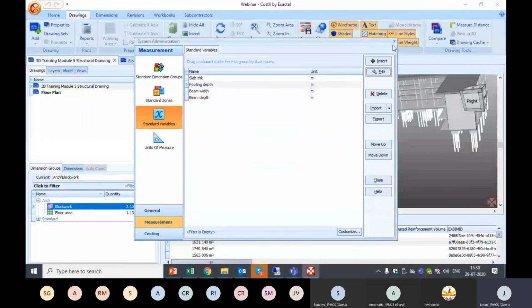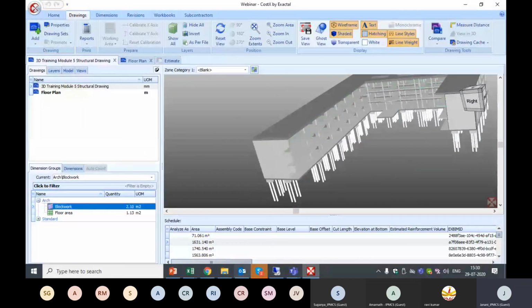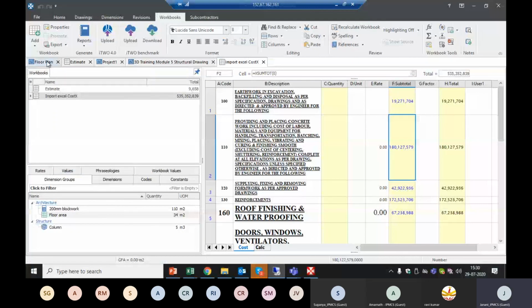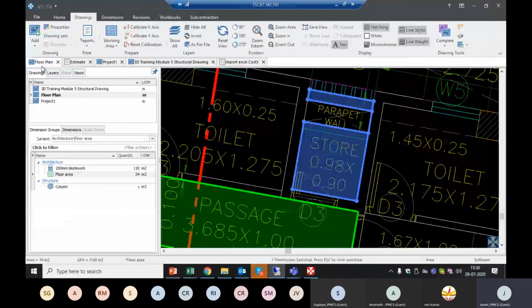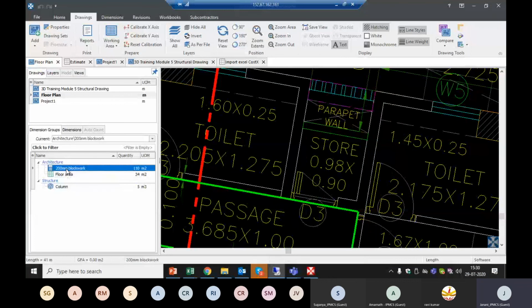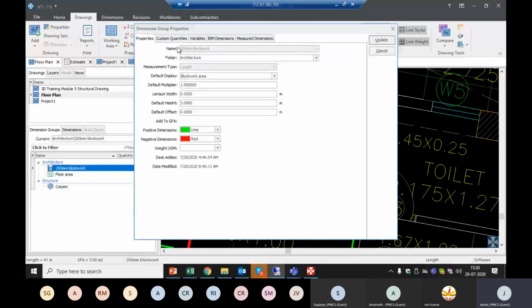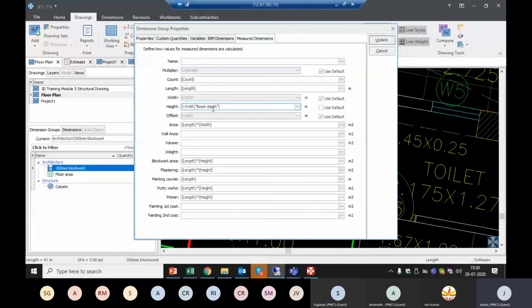multiple options. Now in Costex 6.9, the same can be edited directly in the dimension groups window itself. See the same 200 block work quantity. I have created the dimension group under measure dimension. The same beam depth, I have introduced a variable as beam depth to deduct from my total height.